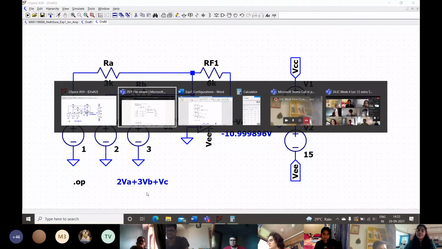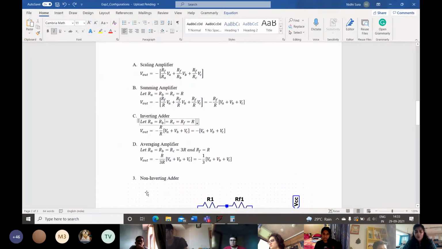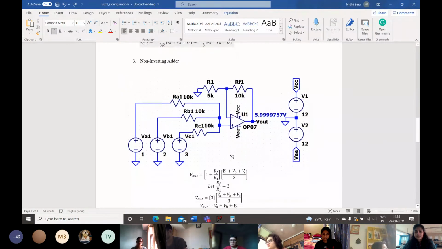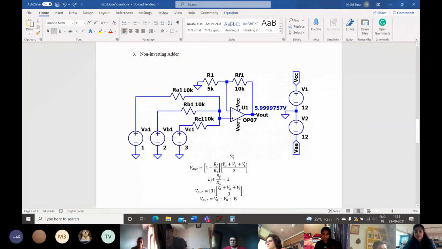Now to go further in the domain of linear equations, we do need to study the subtractor in order to, sir, do you want me to cover the non-inverting adder also once before doing subtractor? I think you can. I don't see any such changes that would be needed. Let me still check if something needs to be brought to their attention.